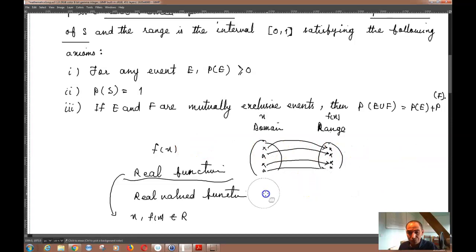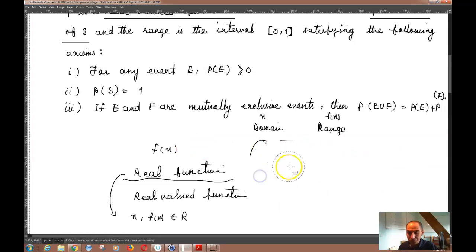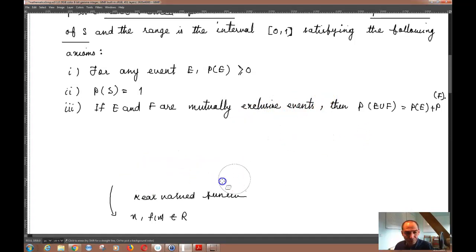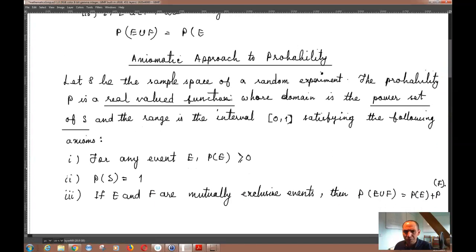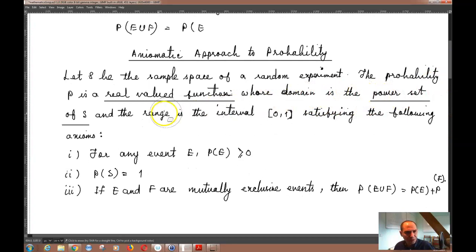So that's basically the concept of a real valued function and real function. Now, it says that the probability P is a real valued function whose domain is the power set of S. Now let's see what the power set is. I think the power set is